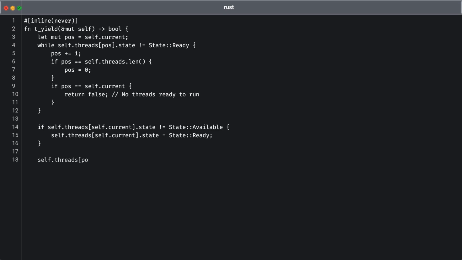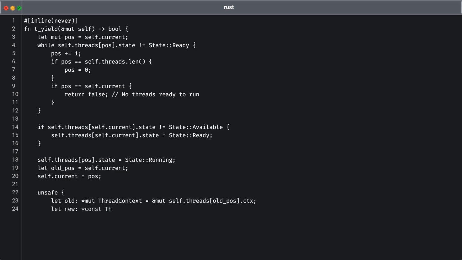For threads currently running or available, the function updates their states appropriately. Notably, it marks the current thread as ready if it is not available and sets the state of the selected thread to running. The core of this implementation leverages inline assembly for context switching, ensuring low memory overhead and maintaining performance efficiency. By using asm to call the switch function, we yield control from the current thread to the chosen thread seamlessly. This mechanism is essential for creating responsive applications while efficiently managing the execution of lightweight fibers. Through this function, our runtime can effectively handle the execution flow of multiple fibers without incurring the overhead typical of